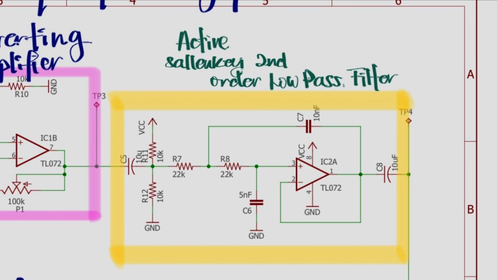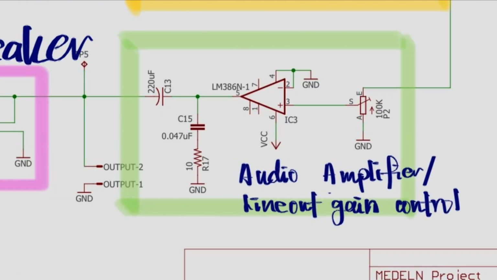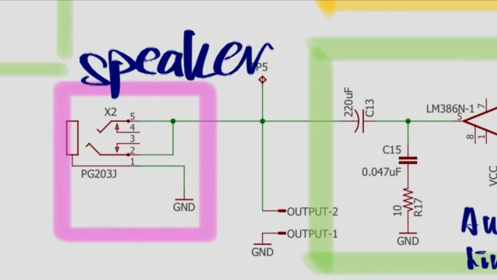The amplified signal is then filtered by a Sallen-Key second-order active low-pass filter, which removes high-frequency noise and allows only heartbeat frequencies to pass through for clearer analysis. After filtering, the signal enters an audio amplifier with gain control, which further amplifies it to drive a speaker. Finally, the speaker outputs the heartbeat sound clearly, and the system's gain control allows users to adjust the volume to